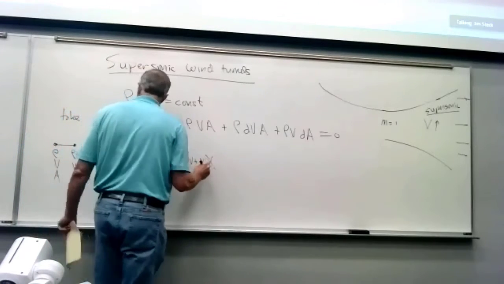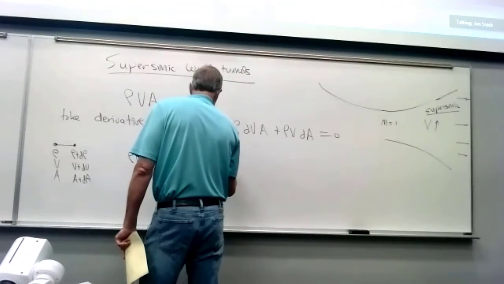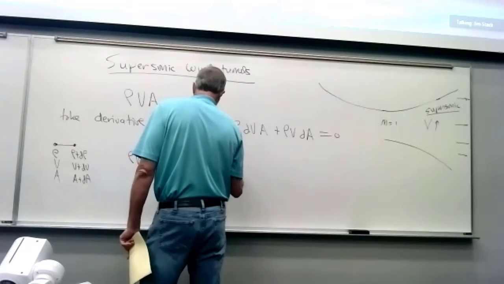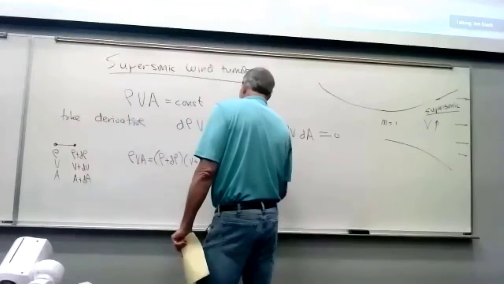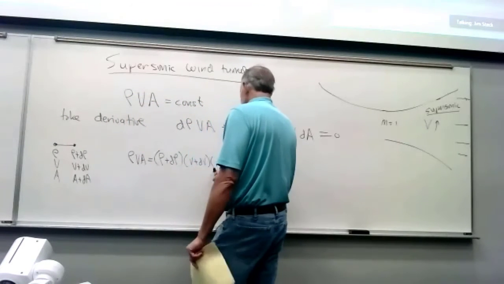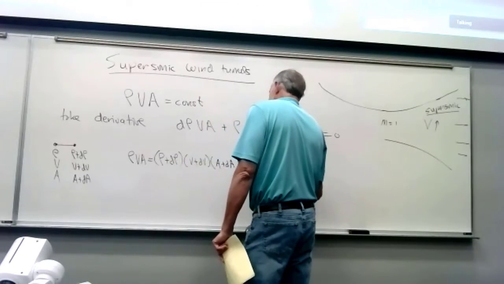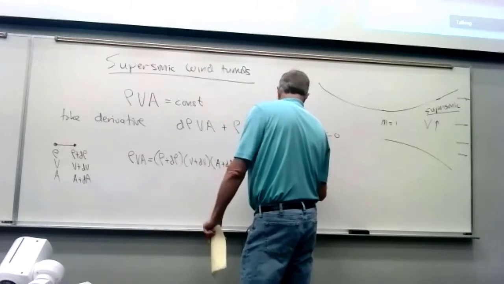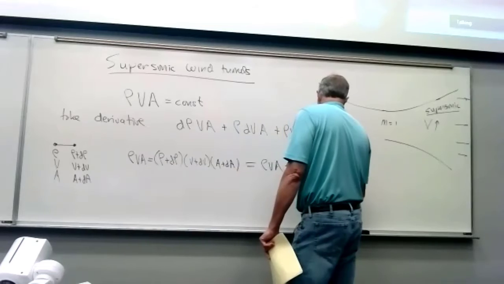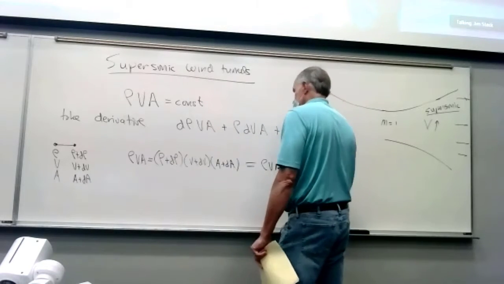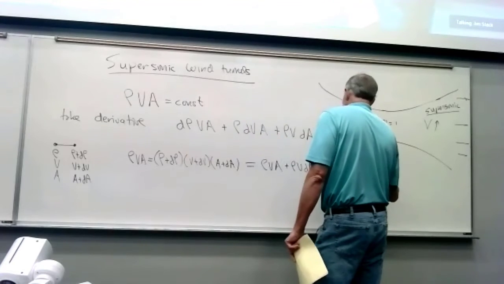Which is totally valid. That's how we use conservation of mass. We say it's constant, so it has to be equal between 2 points in the flow. And if you start multiplying all this stuff out, there's a lot of it. You get a rho VA term from these three, and then you get stuff like rho VdA, and you get rho dVA. So I'm just doing all the products, and then you get d rho VA, and you're going to